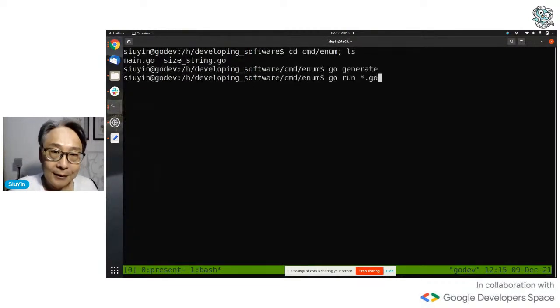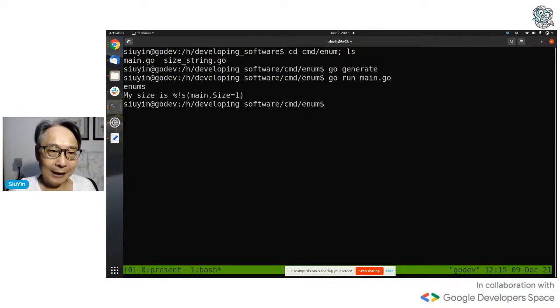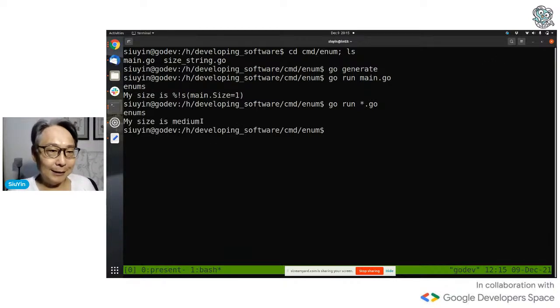Good. Right. So I've go generated. If I just run main.go, see there are two Go routines here, I get exactly the same disappointing output. If I run all my Go functions, my size is medium. Let's do something nasty.